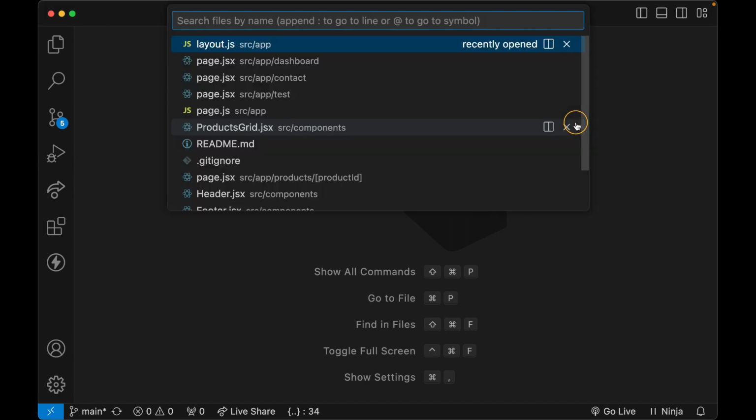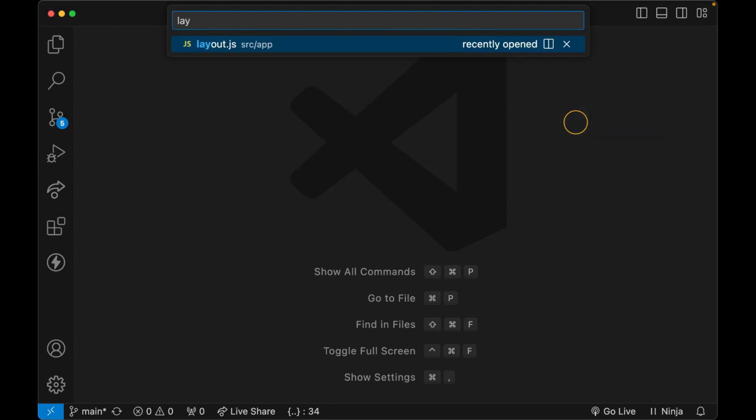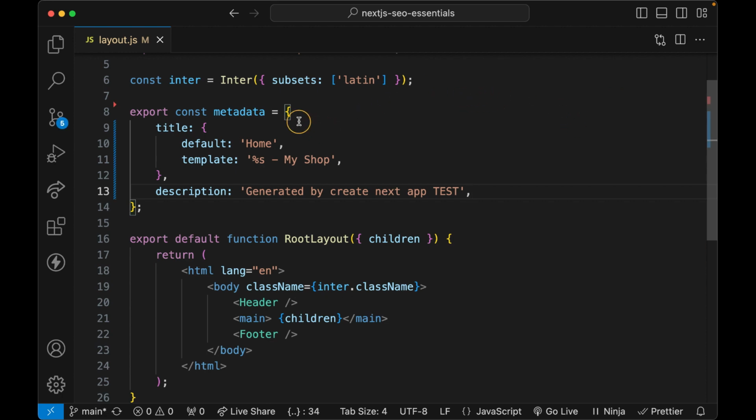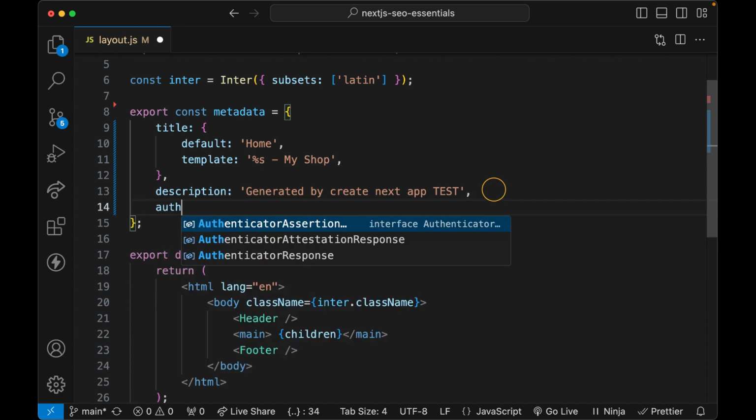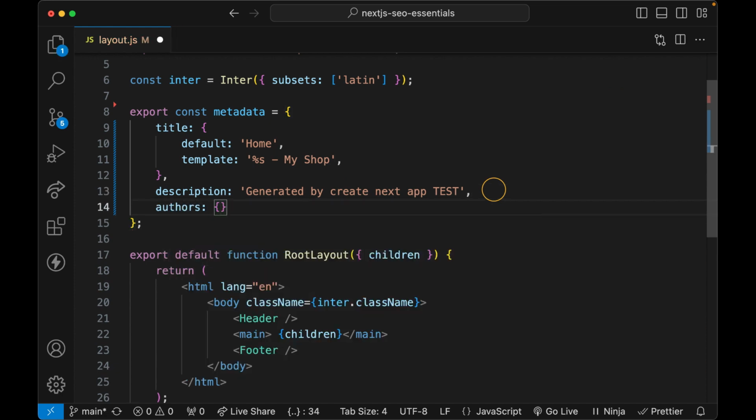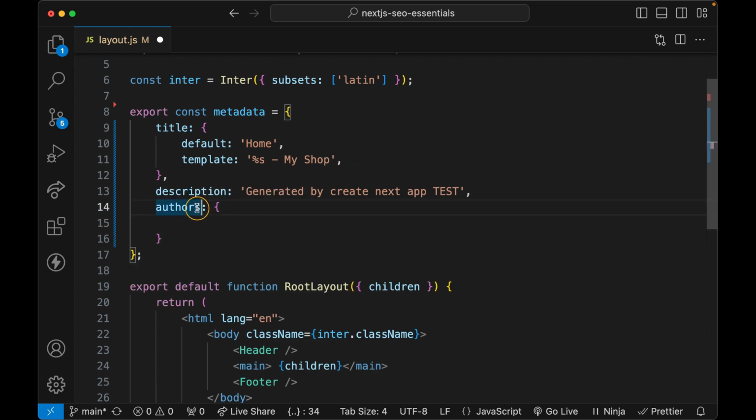Firstly, I need to open my layout.js file. Still inside the metadata object, right below the description, I'm gonna add the authors. And notice that I'm using authors and not author, so it's plural. Inside the object, I'm gonna have two properties. The first one is going to be name, and this is a string that says something like the